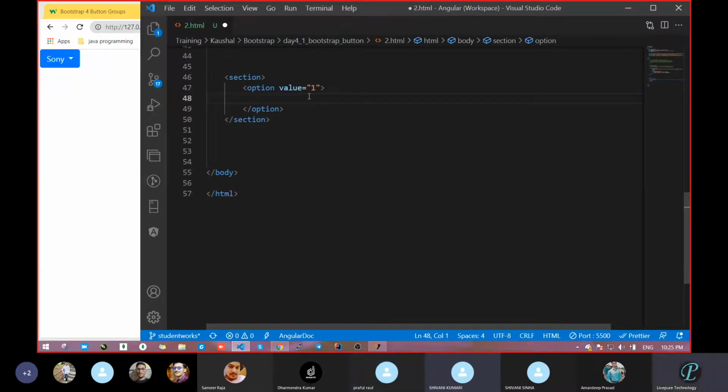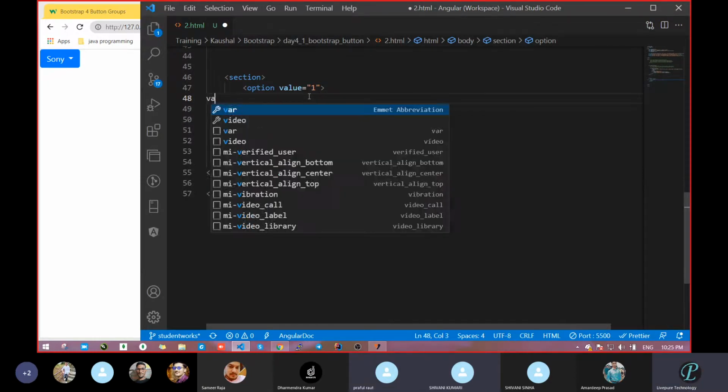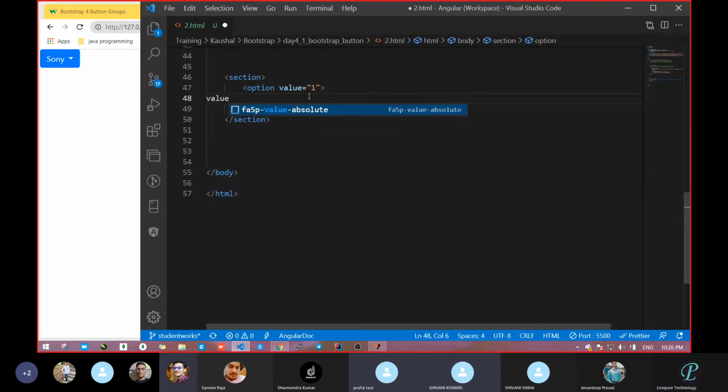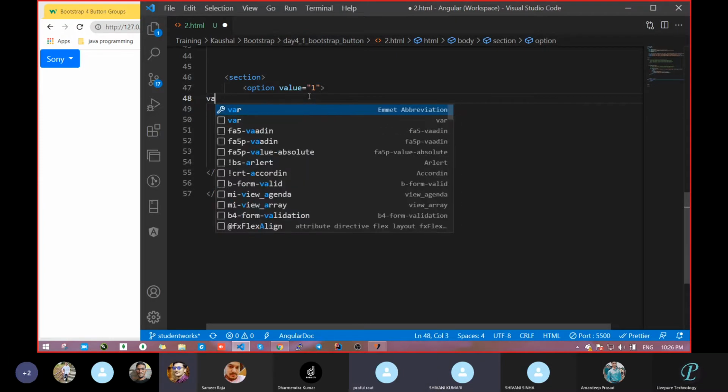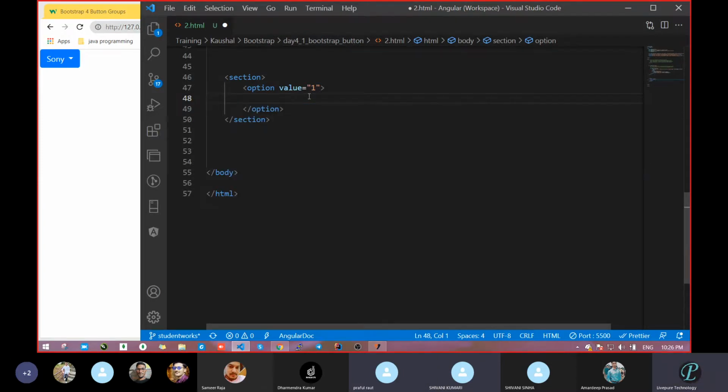Prapul, Roshan, this is the practice of HTML. Sir, value, all are telling that they completed. Yeah, Roshan, what are you telling? Value, sir. Did you get suggestions for the option? No, sir. If you did not get suggestions, then there is some mistake. Prapul, tell me.